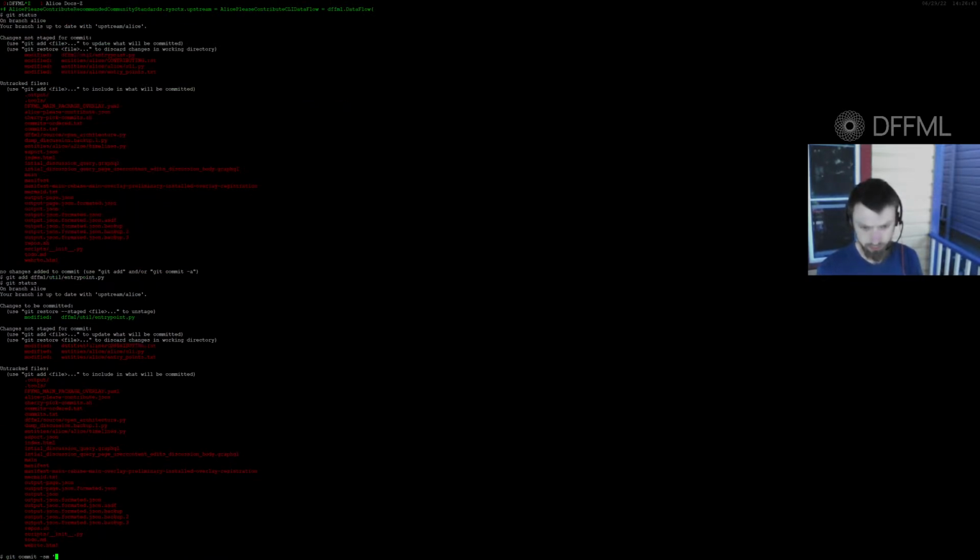Okay, and let's do git commit -sm util entry point, or let's see, add keyword argument loading or entry point to entry point with a capital E dot load